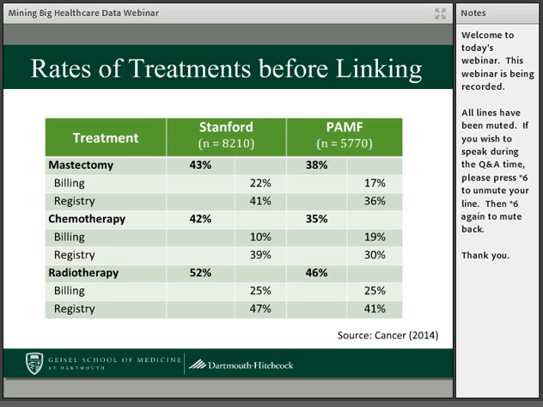So here are some of the issues that we found in looking at the data we had collected. First of all, we were interested in looking at the rate of treatments across the various modalities at Stanford and PAMP. The number of patients at Stanford was just 8,000. These are patients who may have been seen at PAMP, but we hadn't linked them yet, just to look at the unique rates between the 2 institutions, and about 6,000 at PAMP. If you read across, you'll see that the rate of mastectomy is 43% at Stanford versus breast-conserving surgery, which is 57%. And the rate of mastectomy at PAMP is 38%.